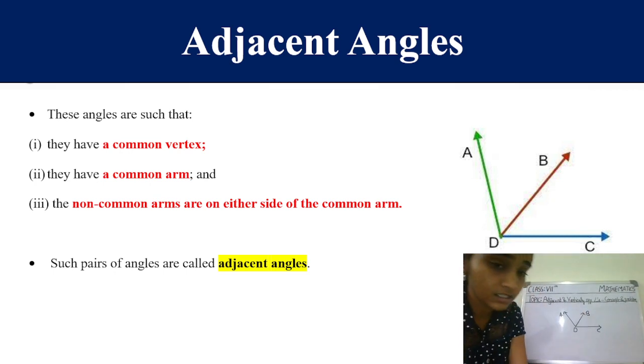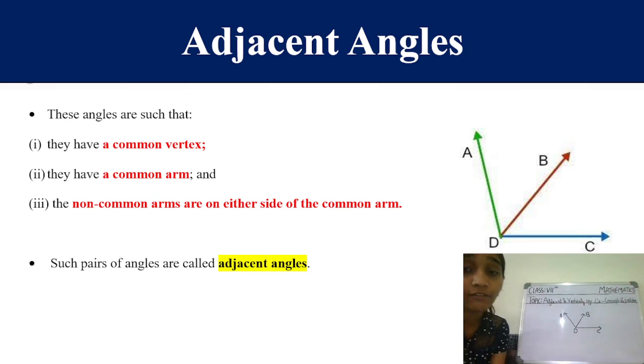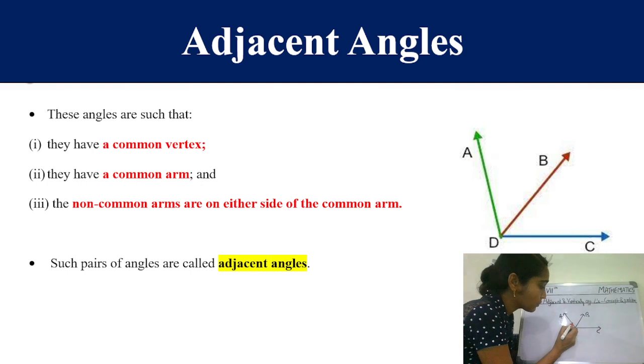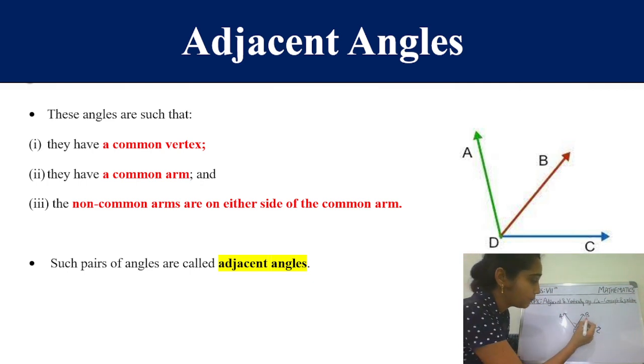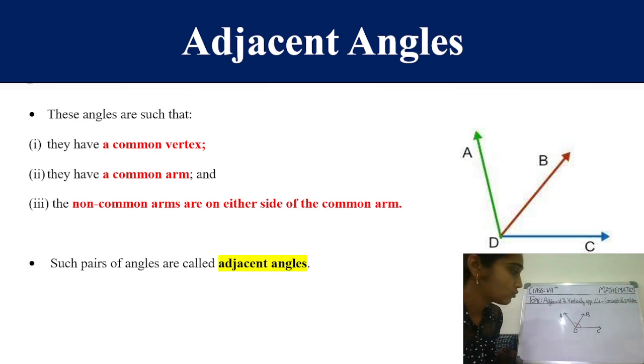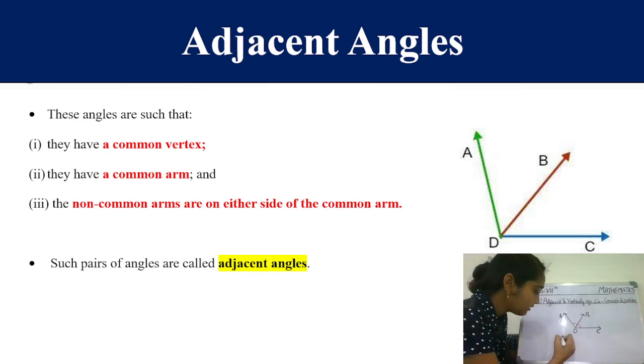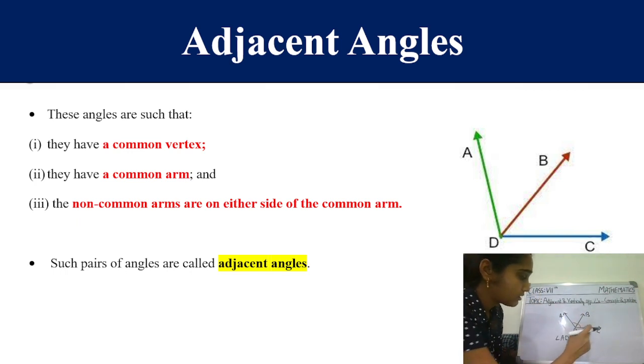So students, I can see here the adjacent angles have a common vertex. So you can see that AD, DC and BD are the rays that first of all have a common vertex, right? Which is D. And some of the angles formed are ADB, which is one angle, and BDC, which is another angle, right? So students, if I say angle ADB and angle BDC,